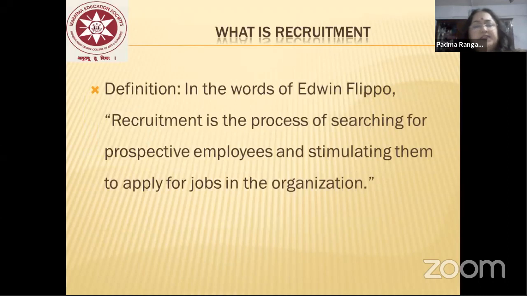So, what is recruitment? Now, the HR manager has the responsibility of hiring people who have the capabilities and have the potential in performing the different tasks